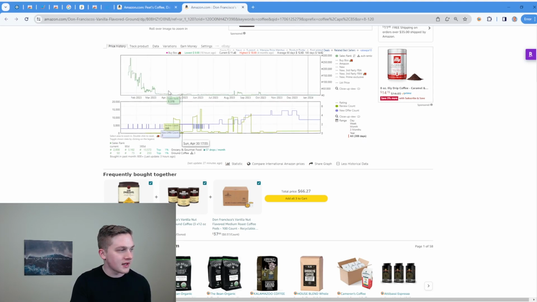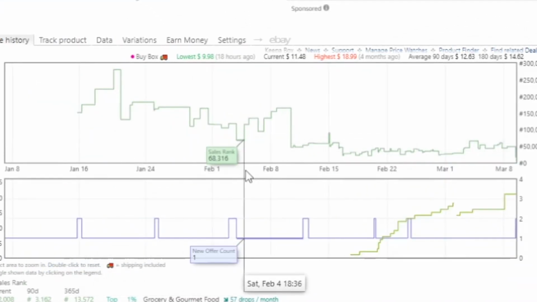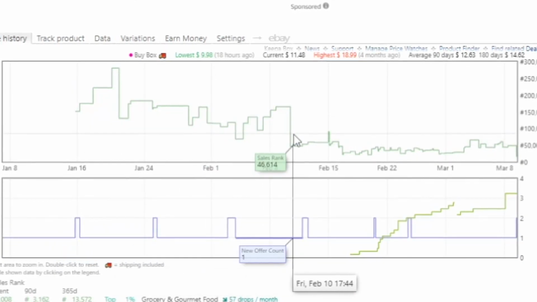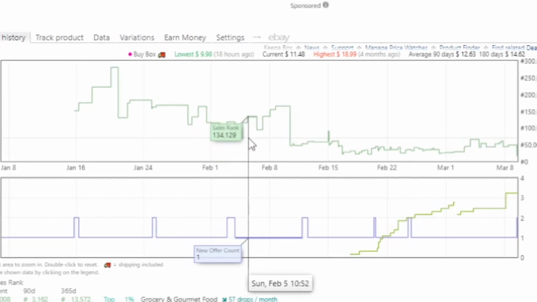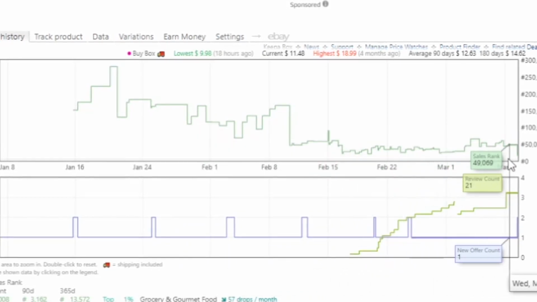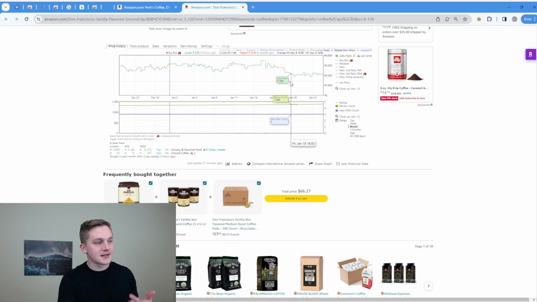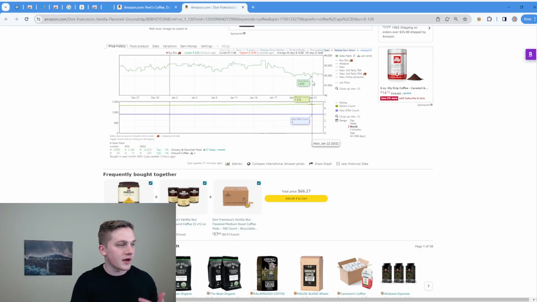But on items that are selling less frequently, like we can see it back here when the item first got launched, whenever you see a drop, that's what indicates one sale. When the sales rank is bad, those drops really indicate most likely just one sale happened. But the lower the number that gets, then you just know that it's historically selling well. So you want to see consistency, you want to see that the item is moving,